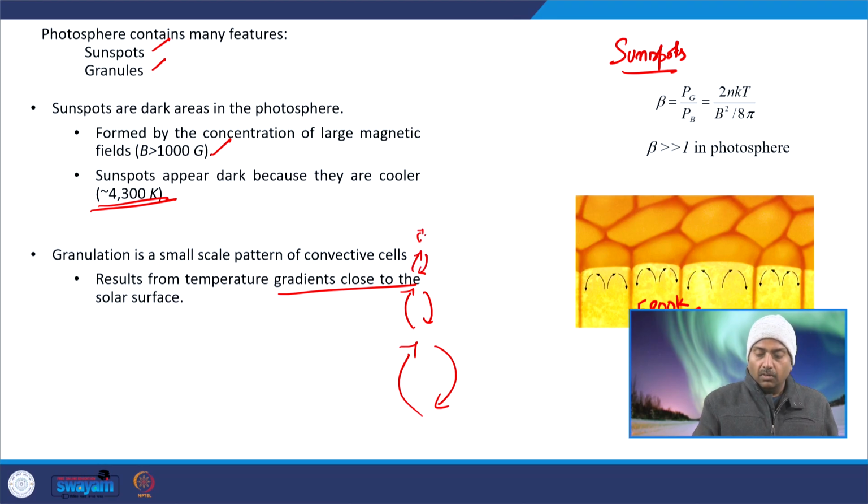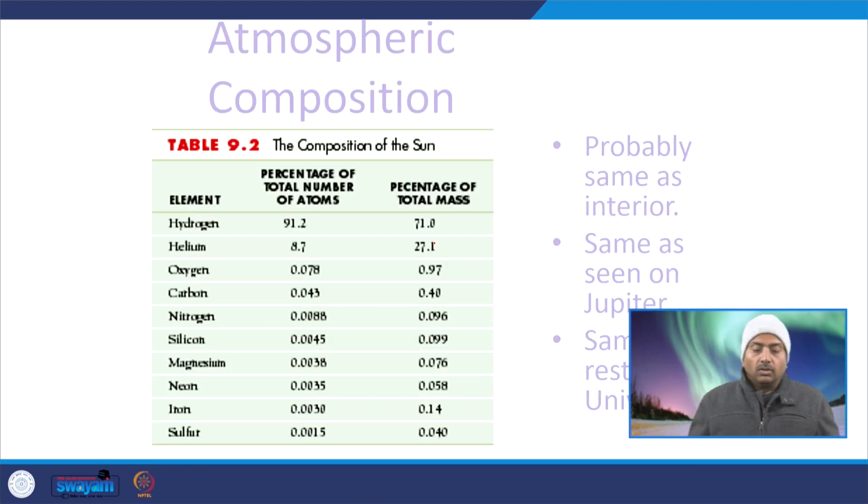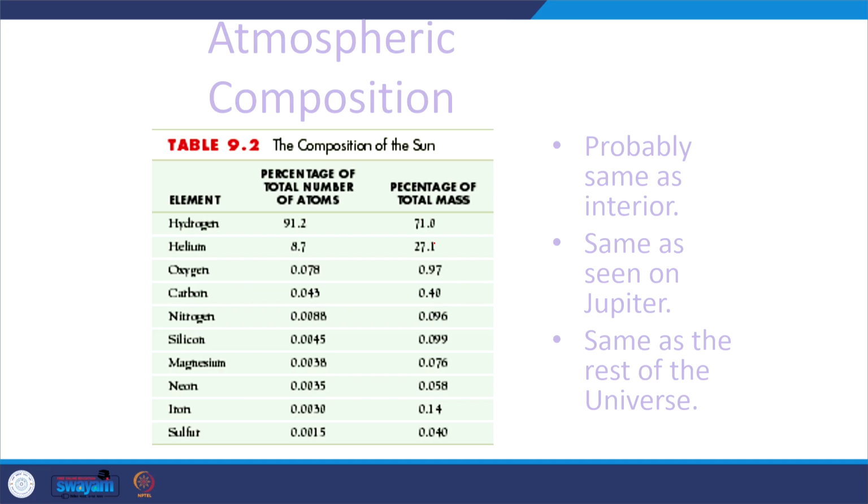So, that is the basic meaning of this. All right. So, if you look at the atmosphere, everything above the photosphere can be considered as the atmosphere of the sun. So, atmospheric composition is hydrogen, helium, oxygen, and so many other species. So, hydrogen seems to be the most dominant species in the atmosphere, with percentage of total number of atoms or total mass of hydrogen in the atmosphere being of the order of 71%,